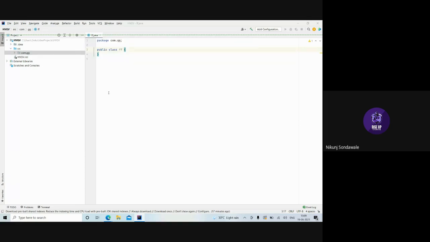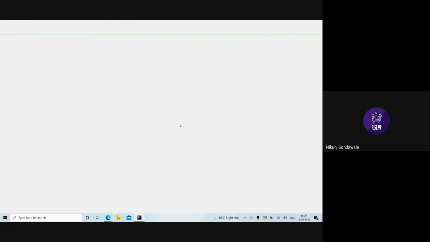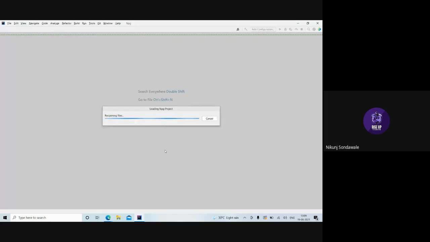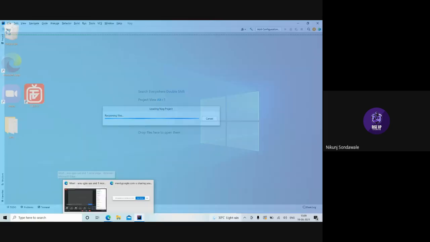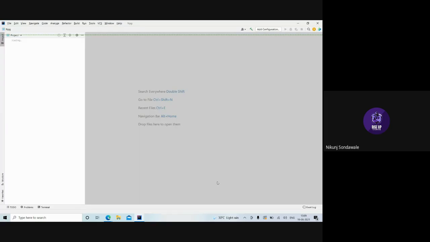Then a pop-up will come, asking if you want to work in a new window or not. So we will work in a new window. Here is our new window. Wait till it completely loads.